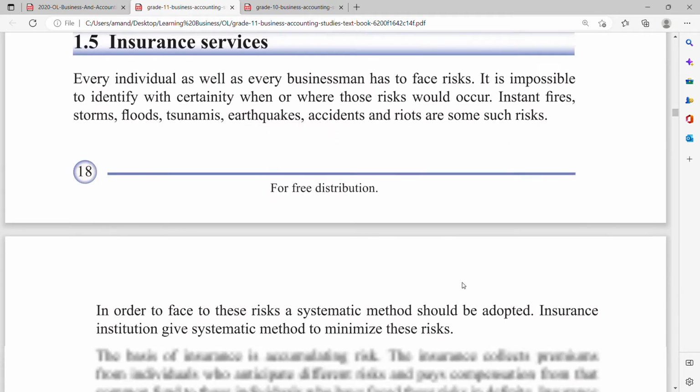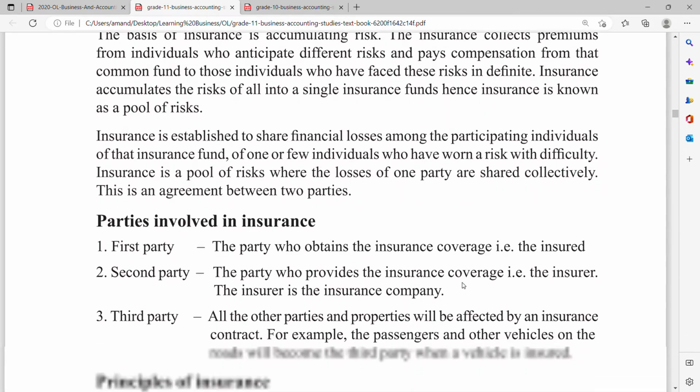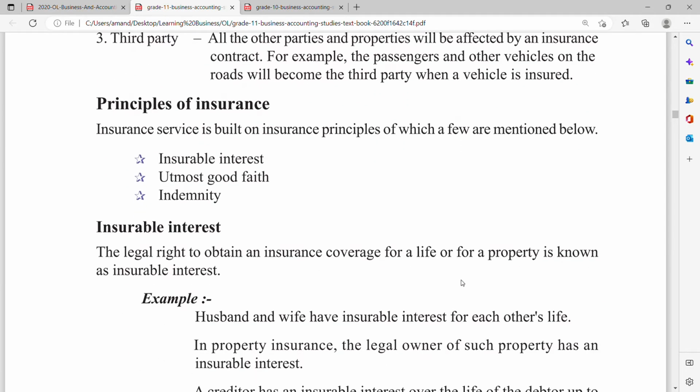So under insurance services, you would definitely come across principles of insurance. There are three principles of insurance: insurable interest, utmost good faith and indemnity. As per the question, they had given you a fourth option, subrogation. That is not a principle of insurance. So insurable interest means you need to have a legal right